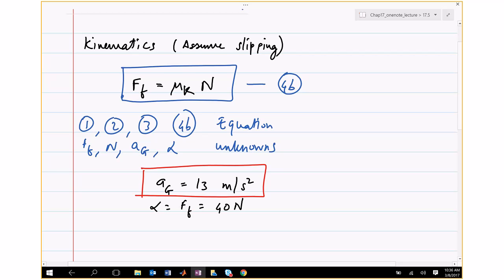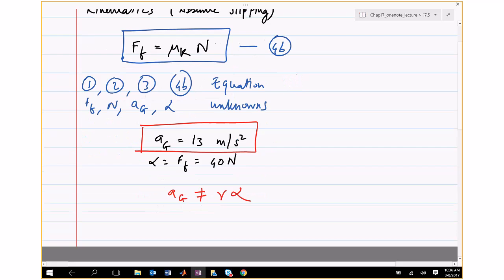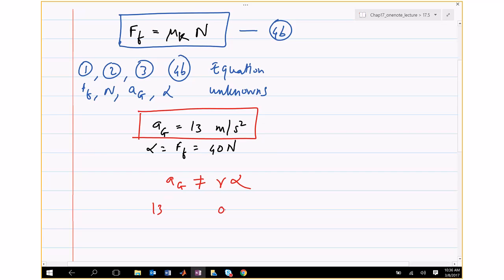You'll see that AG is not equal to R alpha. AG equals R alpha is the rolling condition. AG is 13, and R is 0.1 times 40, so that comes out to be 4. So 13 is not equal to 4, so this is not true. This is the condition you use for rolling. So that's how you solve it. If you're given that a wheel is moving, you cannot assume it's rolling or sliding. You have to do the math to figure it out. That's why this problem says